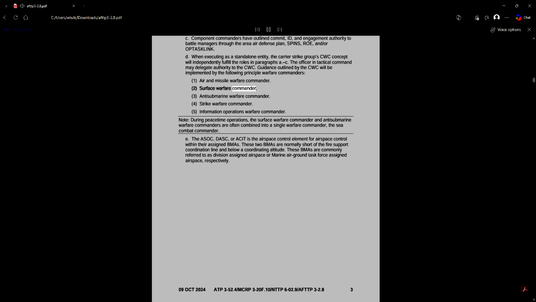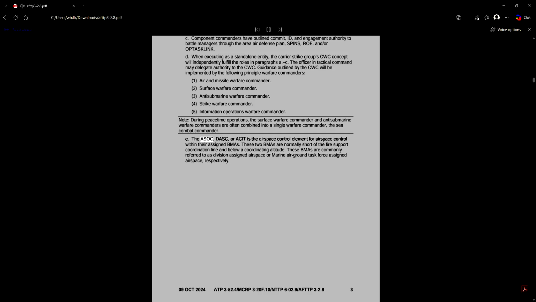Surface Warfare Commander. 3. Anti-Submarine Warfare Commander. 4. Strike Warfare Commander. 5. Information Operations Warfare Commander. Note: during peacetime operations, the Surface Warfare Commander and Anti-Submarine Warfare Commander are often combined into a single warfare commander, the Sea Combat Commander.